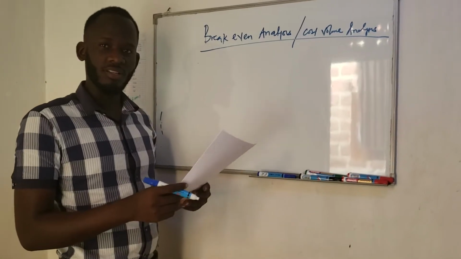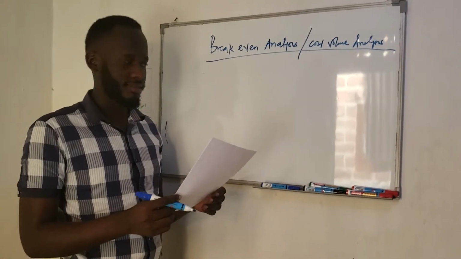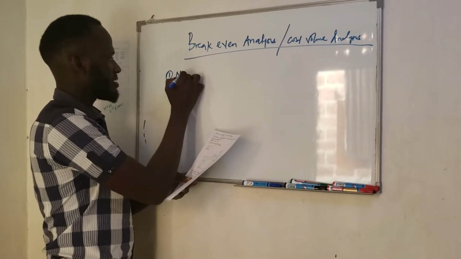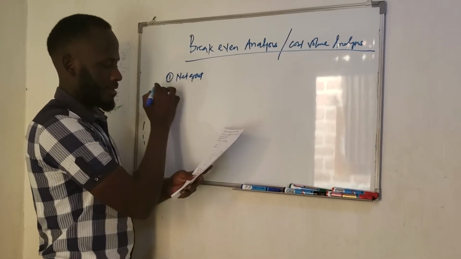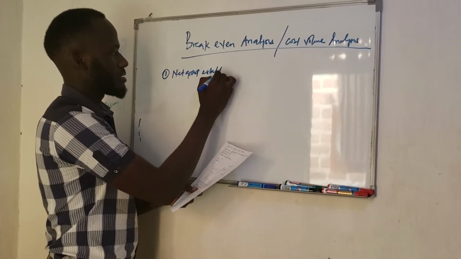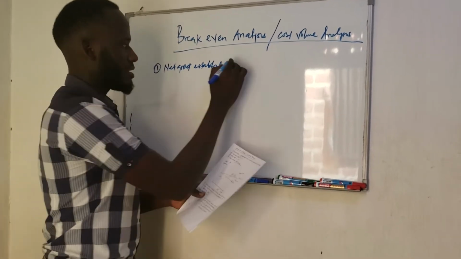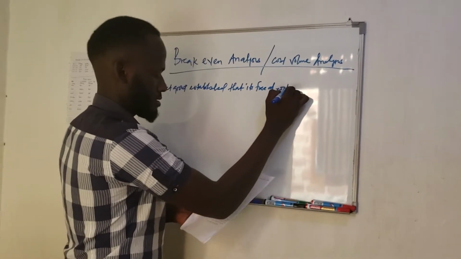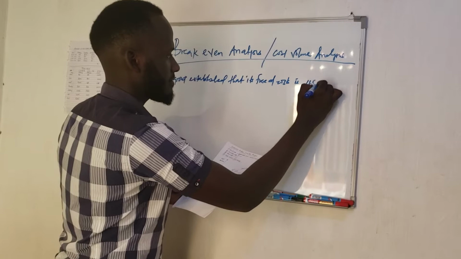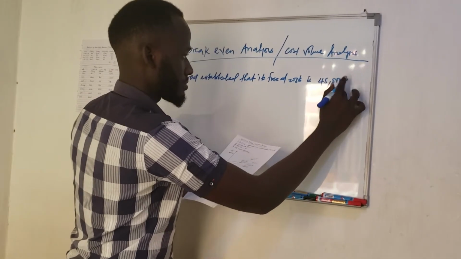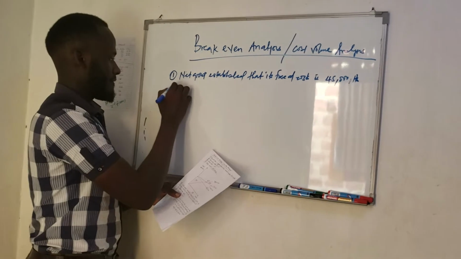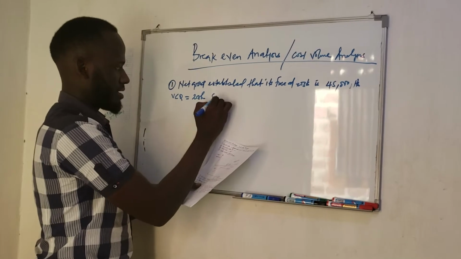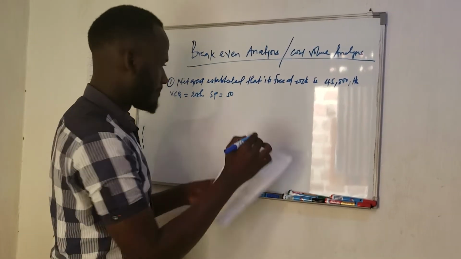Yeah, so we're gonna look at the equations of the break-even analysis. So here we have a problem. They are saying the net group established that its fixed costs is 45,000. Its variable costs per unit is equal to 20 shillings, and the selling price is equal to 50. They're saying determine